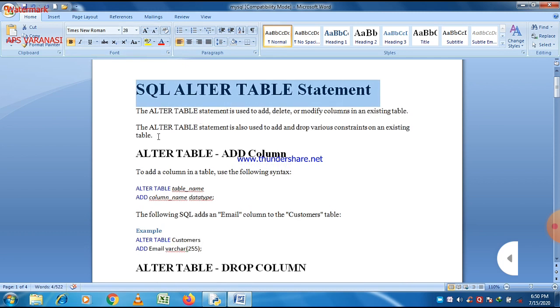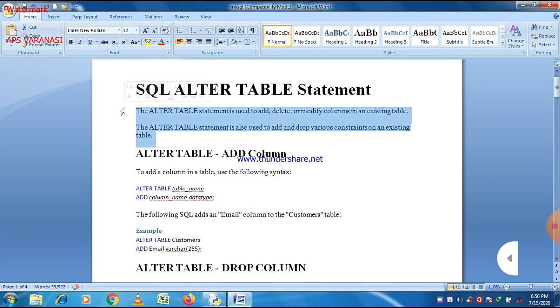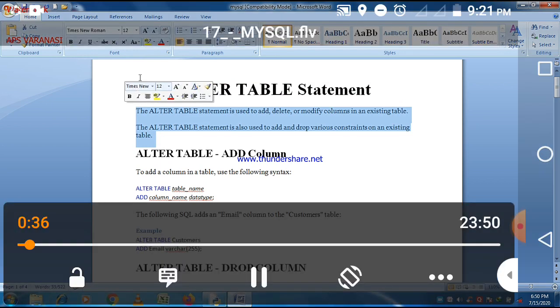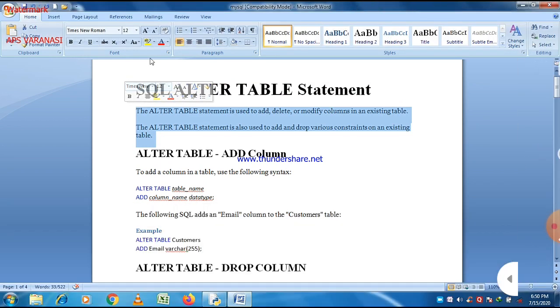So first is the SQL alter table command. As we know, if we want to change the table structure, then this is possible using the alter table command. And when we talk about the structure of a table, there are only three possibilities. First, we can add any column or any number of columns in our table structure.